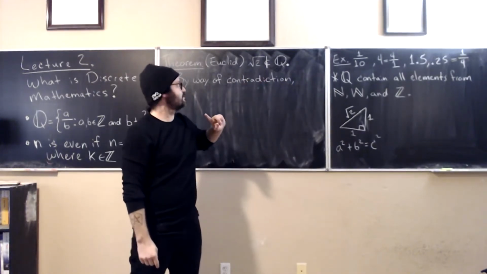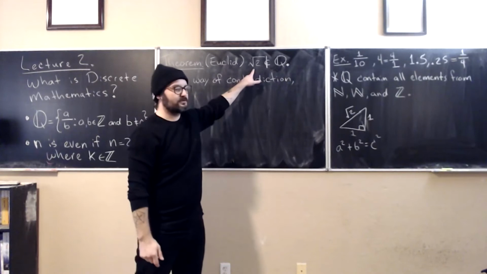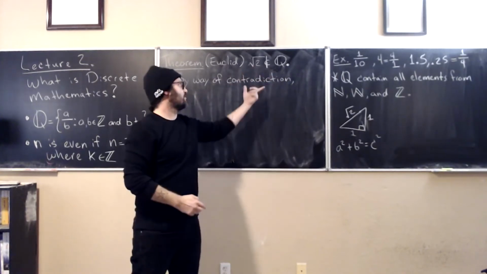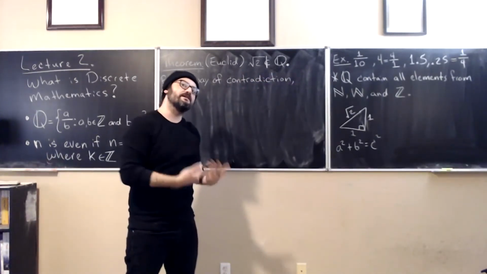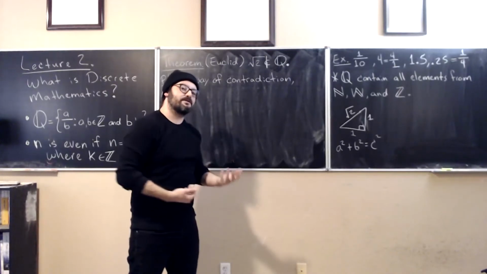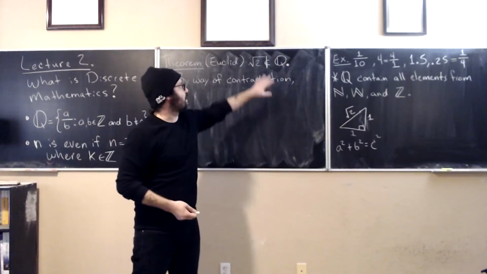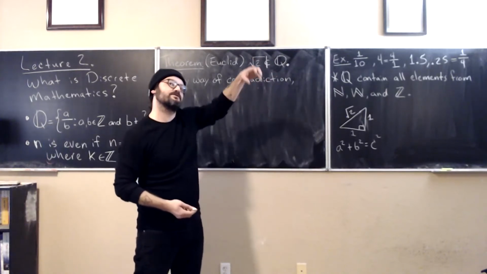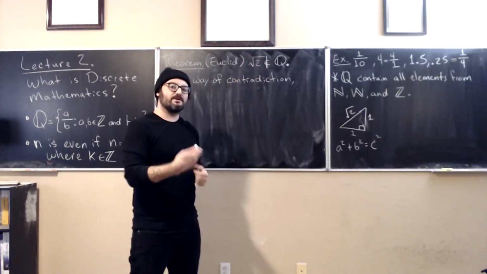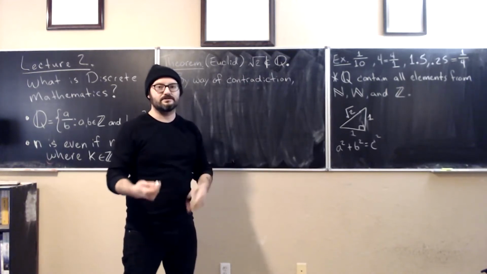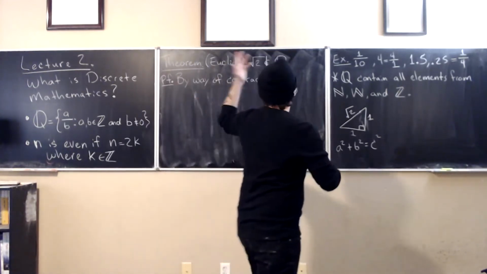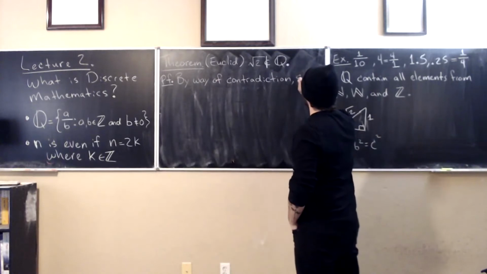Okay, so the statement says the square root of 2 is not in there. By contradiction, we're going to assume that it is, and then find ourselves in something that's false. We're going to show the opposite is false, which means the original statement is true, which is one of the properties of propositions that we'll cover next lecture. So, by way of contradiction,